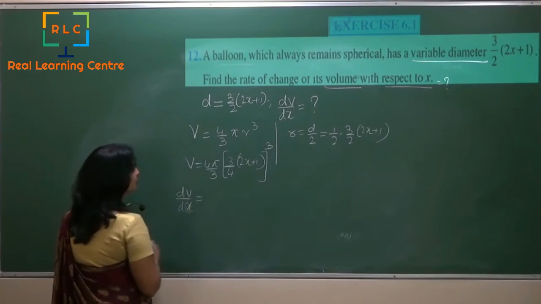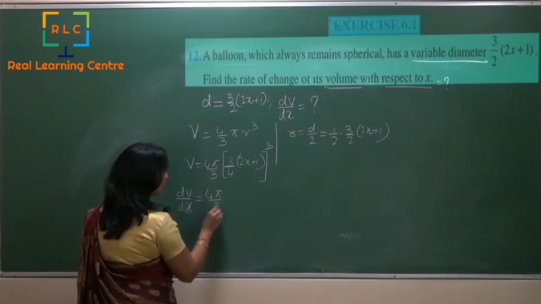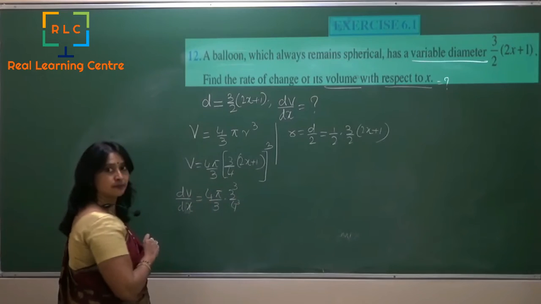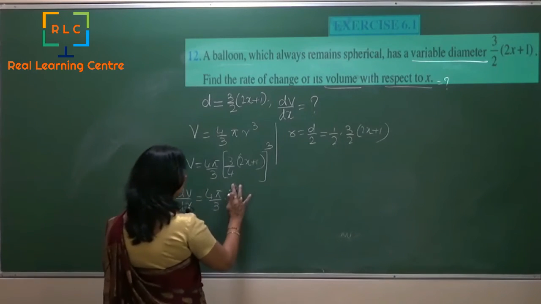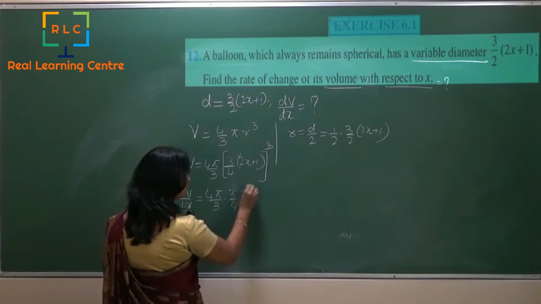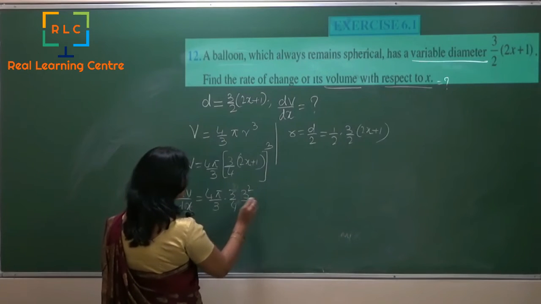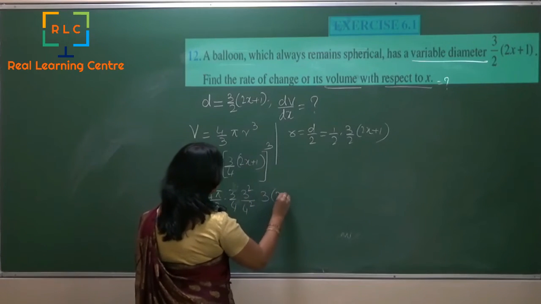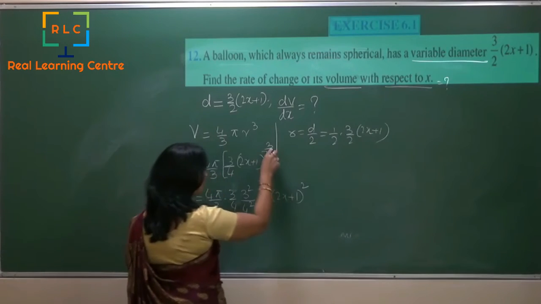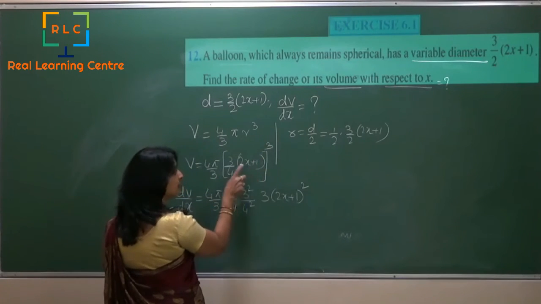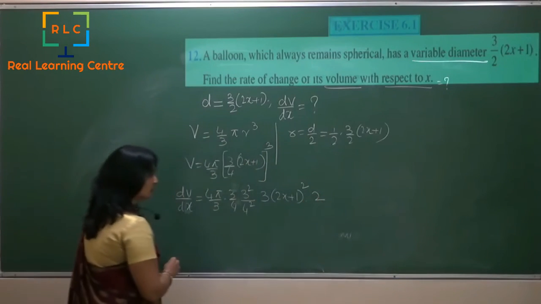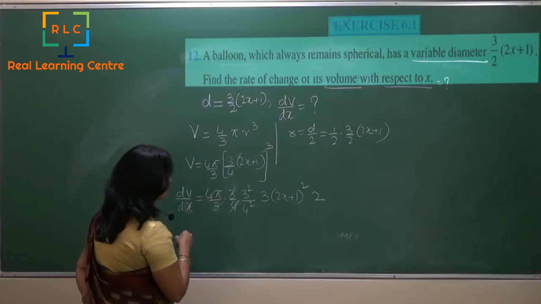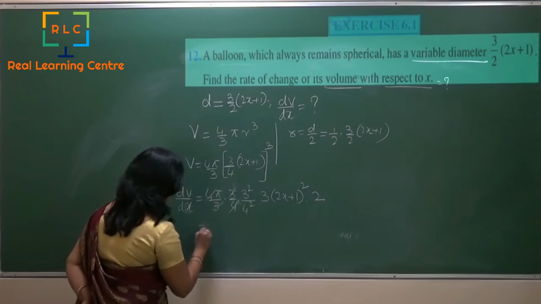dV by dx is equal to 4 pi by 3 constant, 3 by 4, 3 cube by 4 cube is constant. And this 3 cube and 4 cube I'll write like this: 3 into 3 square, 4 into 4 square, and this I'm differentiating, 3 into (2x plus 1) whole square. Power differentiation comes inside. For 2x it is into 2. So what all is getting cancelled? 1 3 1 3, 1 4 1 4. Then I have this is equal to